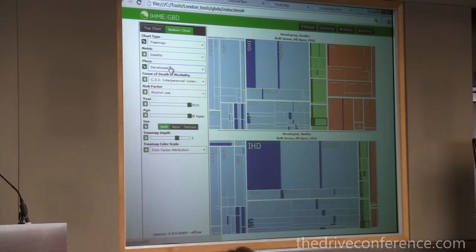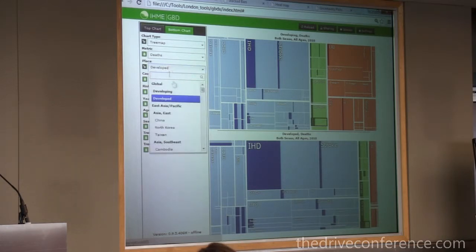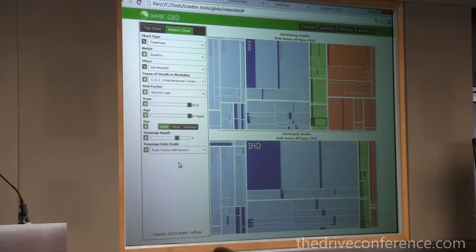So there, IHD, for example, is a much bigger burden in developed countries, and of alcohol through IHD, than in developing countries. So those are the shadings. And we're going to have a shading in the new version for uncertainty. So you can also look at the boxes, and the darker it is, the more confident we are in the results, and you see which of the diseases we're not that comfortable with or confident in.